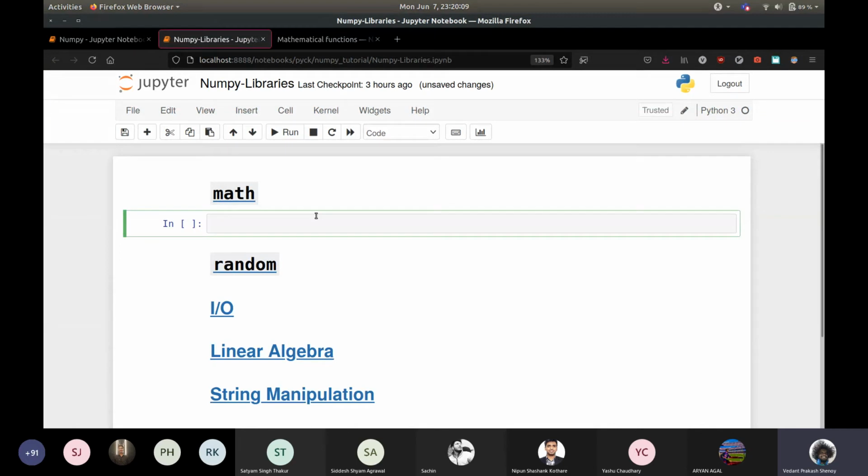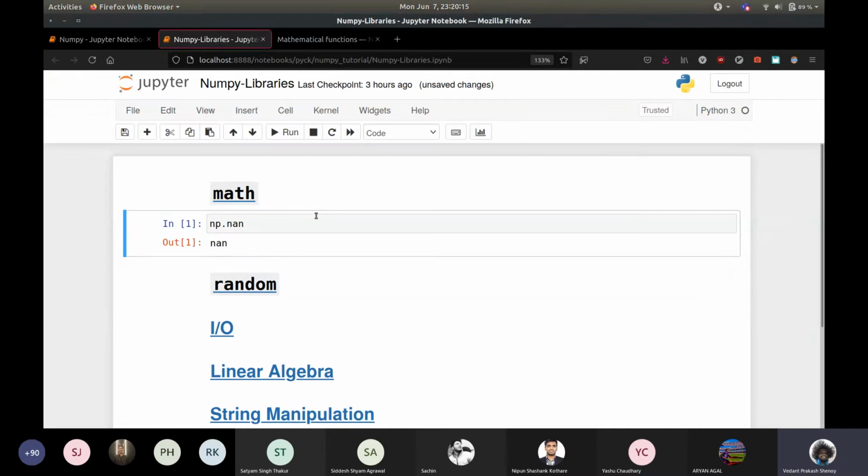One thing to note is that NumPy has a few very special things. One is np.nan. Nan is not a number, and it's a very commonly used missing value placeholder. So if you have something like this, 4, 5, where 4 is missing, note that it has to be of type float.